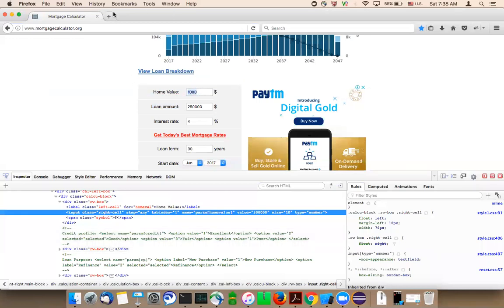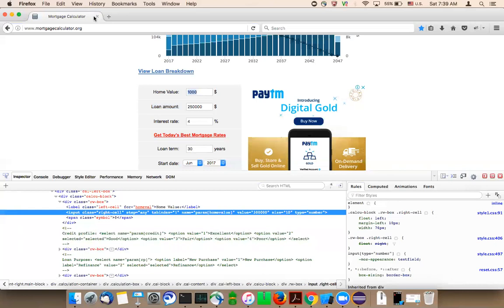ID, name, tag name, class name, XPath, and CSS are missing.